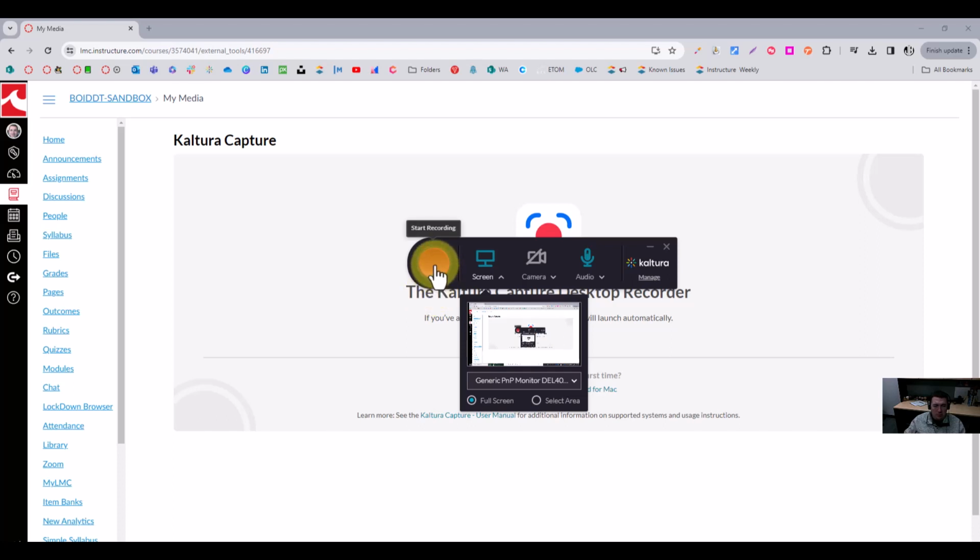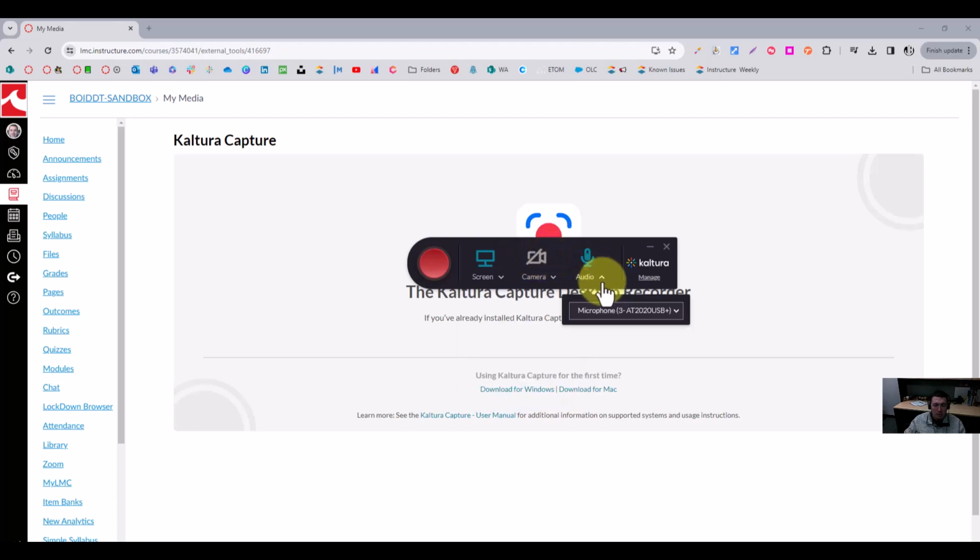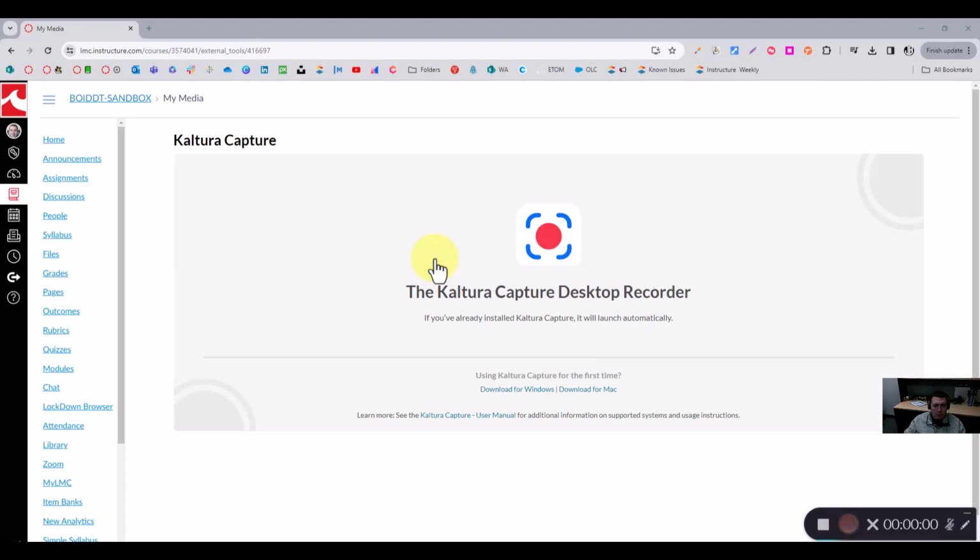Once you've launched Capture, you'll see the controls pop up for the program. Obviously, we have the red button, which will start recording. Screen allows us to choose which screen if we have multiple screens that we'd like to share. In this situation, I have two monitors, so two different ones show up. I can also select a specific area. I can turn my webcam on so students can see me. I'm not going to be able to do that in this demo because I'm recording through a different program to show how this works, and it won't record if I have both of them on at the same time. And then audio allows me to turn my microphone on and off or select a microphone if I have different recording equipment. So to start, we will press Start Recording,